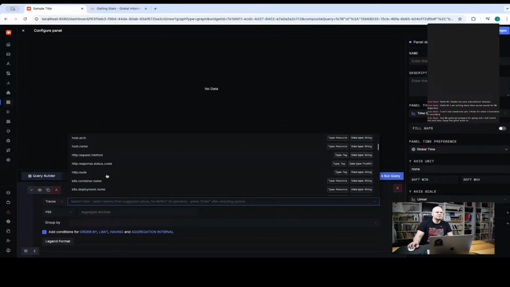I can also, okay, I'm gonna do this, select the panel. How do I name this panel? Okay, this is the name of the panel here. So latency per endpoint. I'm not worried about visuals for now here. This is the latency per endpoint. I also want a panel with a